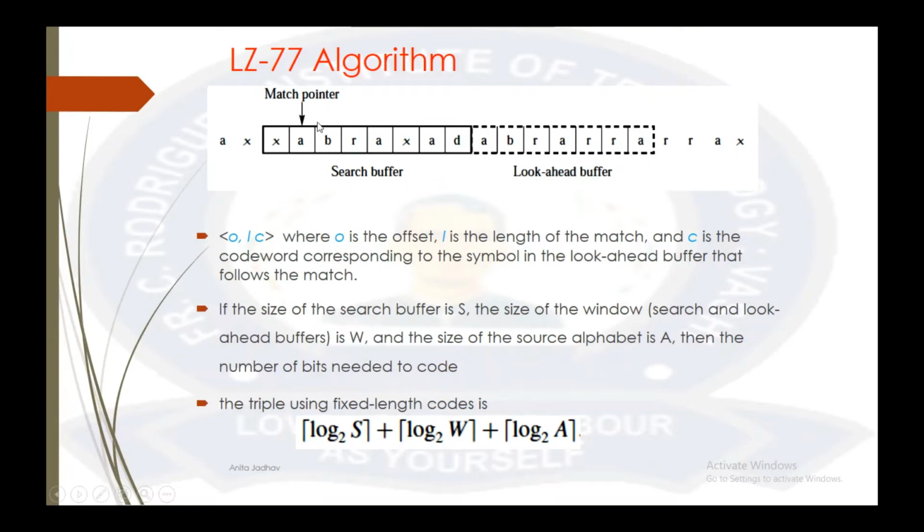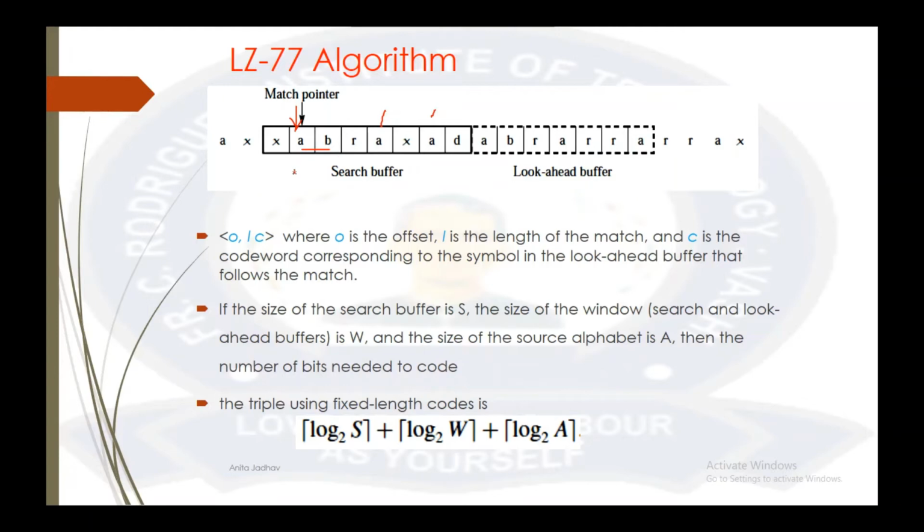Okay. And we had said that we will try to find the longest match. For example, this is the first data which I have to encode. I will try to find out where this letter is in the search buffer. So we were trying to find out where my A is. I can see that A is at this position, it is also at this position, and it is also at this position. Now I will see which letter follows A, B. Whether this combination is there: no, AX, no, yes, it is here, AB. So I have a match for this particular alphabet.